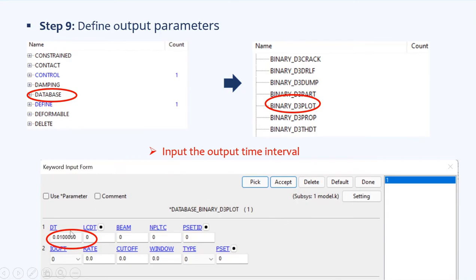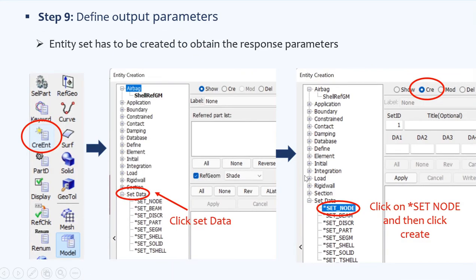So you provide a higher DT value for the D3 plot. Now we have provided the output in the ASCII option, three output parameters: one is nodal, the second is element output, and the third is sectional forces. So now the software knows you need these three response parameters, but it doesn't know at what locations you need